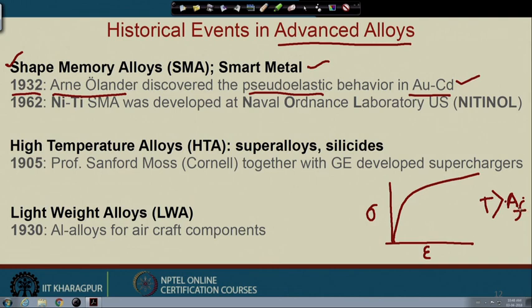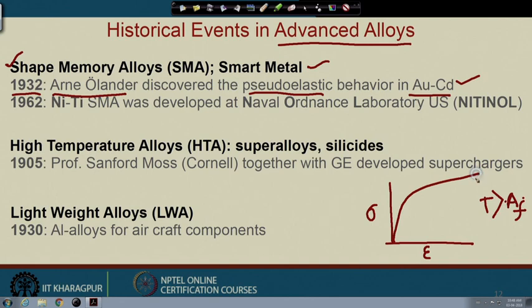Austenite is a phase which transforms into martensite, and then if we unload it, we see that the same material comes back, and this is of very large importance in this particular aspect, that it looks like a